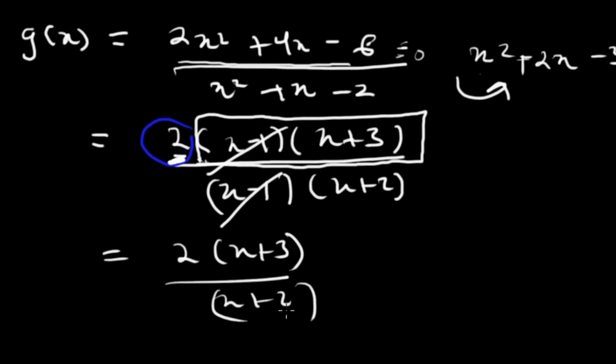So let's get back to business. We again equate our denominator to 0. So we have x plus 2 is equal to 0. Then we obtain x as negative 2. So this is our vertical